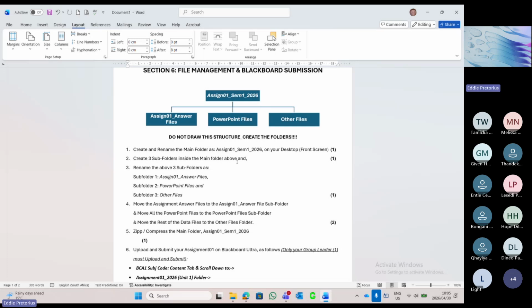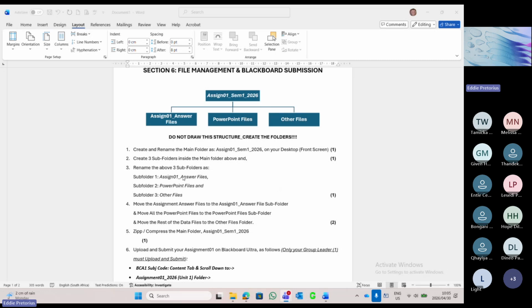Right, students? So what will be your answer files? The actual question paper that you're typing your answers on for question 1, 2, 3, and 4. That's the theory part where you're going to type your answers on those dotted lines. And the other file is your Excel. Now, I'm receiving data files of Excel. You need to do the Excel, people, and you need to move that Excel answer sheet in the answer files